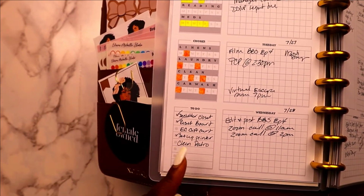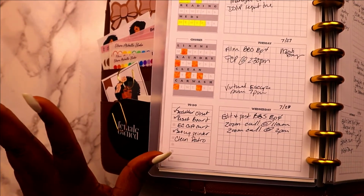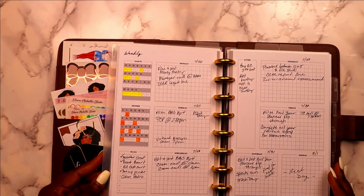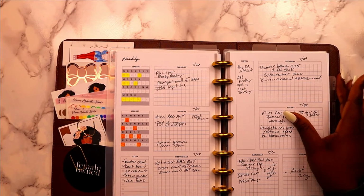That didn't happen. The EC gift cards, I'm taking care of that today, so I'm technically going to check that off because I did get it done, but we're going to check that off. Clean the patio, that did not happen. So that's essentially what is entailed as far as these weekly. That's all I really have for the weekly section, so we're going to go ahead and move on to the